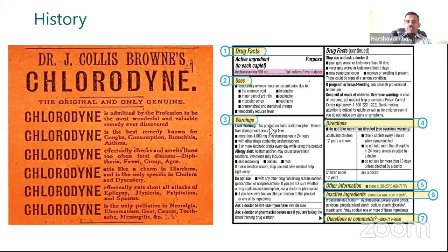Likewise, even if we don't have any regulations, people will try to use all the claims and claim all the benefits, even for off-label use. Companies or the manufacturers of the medication try to claim all the benefits and make money out of it. So considering that, in the early 1960s, the labeling regulations came into the picture in different areas, like in the US, where the FDA deals with all the regulatory requirements. You are already aware that